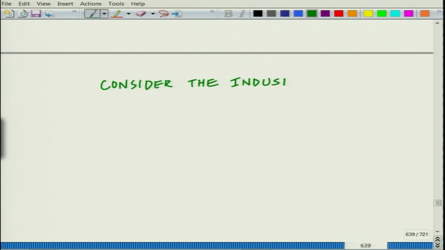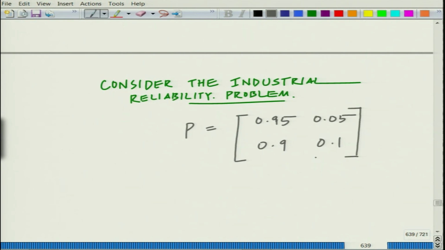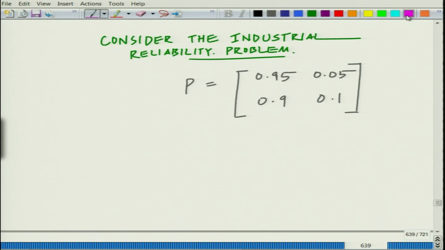Now, if you look at the one step transition probability matrix, this is basically 0.95, 0.05, 0.9, 0.1, and now if you look at P square,